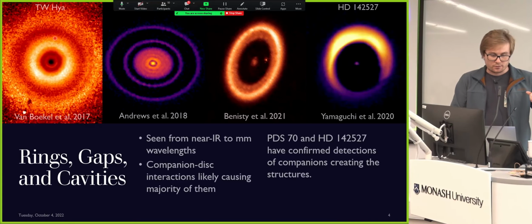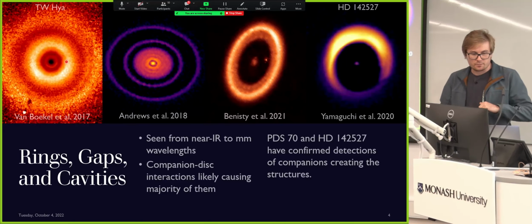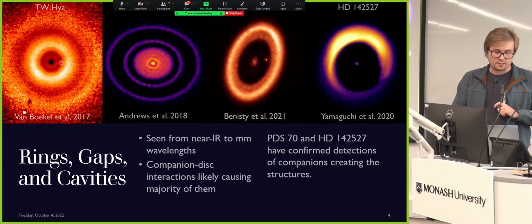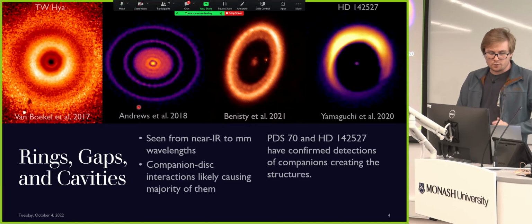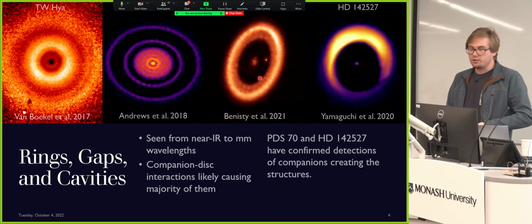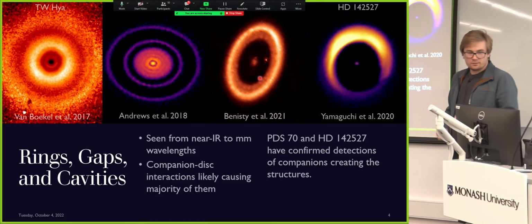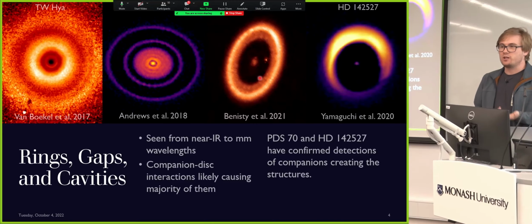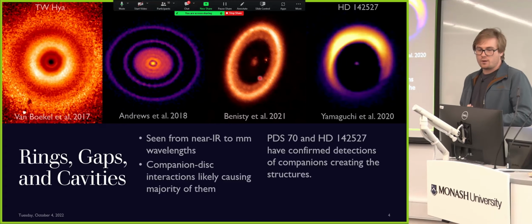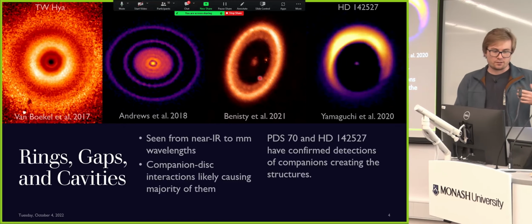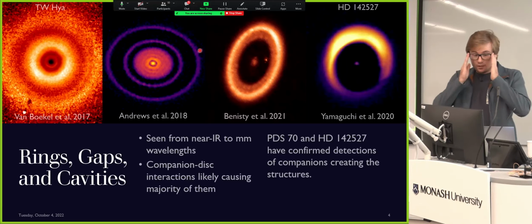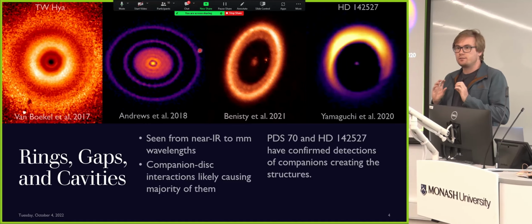You can quite clearly see that there's a slight depletion here in scattering, followed by a bright ring, and then another drop in the scattered light intensity. All the rest of these images are millimeter wavelength images obtained by ALMA, and you can see that the morphology of the disks can vary quite substantially. So AS209, you have these very nice, neat concentric rings,